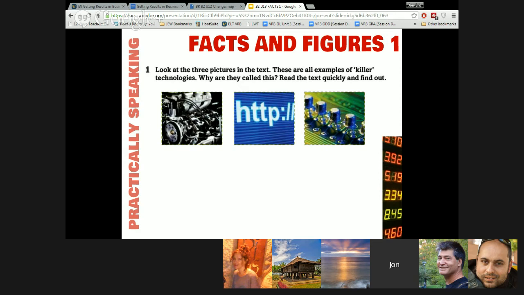And Greg, what do you think about the middle picture? For me, it's about the internet. The internet. Okay. And let's say, Jose, look at the picture on the right. What kind of technology do you think that is? Electronic. Electronic. Yeah, electronic technology. Okay. According to the author, these are all examples of killer technologies. We don't know what that means yet, but Jose,